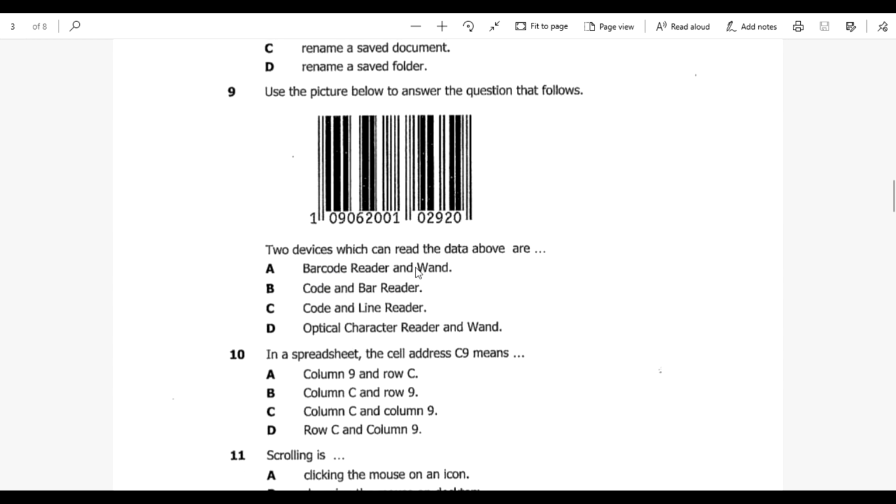Barcode reader and wand. Wand is the handheld version of a barcode reader. You're able to touch it, you hold it. For example, when you go in a store, there are people there who use that wand to scan your items. So that is the wand. You're able to hold it with your hand. Then the barcode reader can be anything. It can even be your phone. You can have an app that